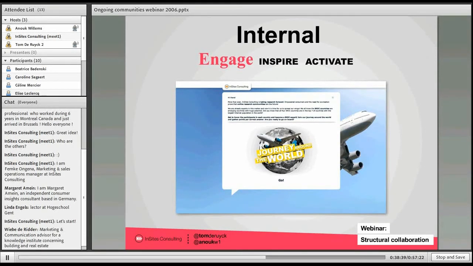And finally, when it comes to activate, it's about making sure that the research results are really used. You help the internal stakeholders within the company to move on towards the next step. I will show a couple of examples of the type of tools that we have available to perform very well in each of these three stages.